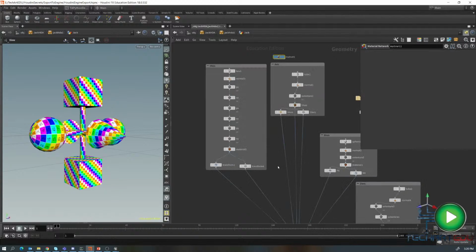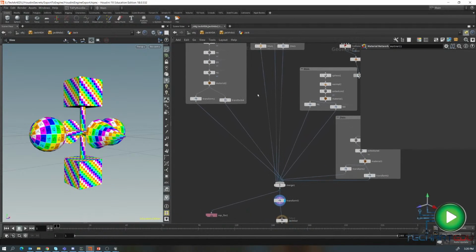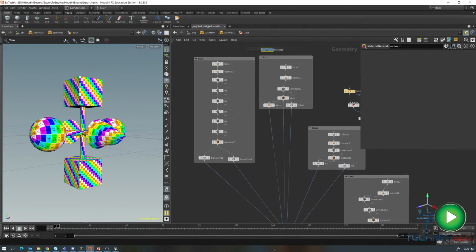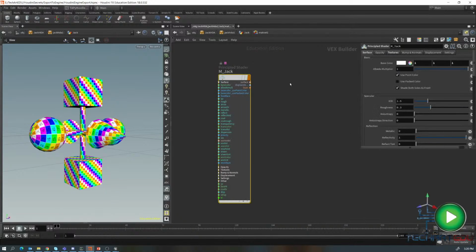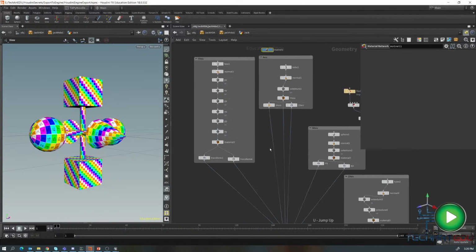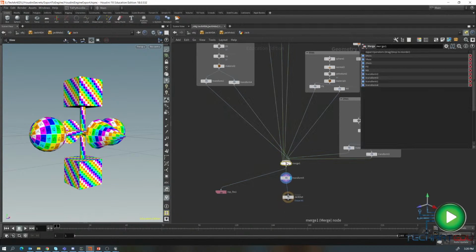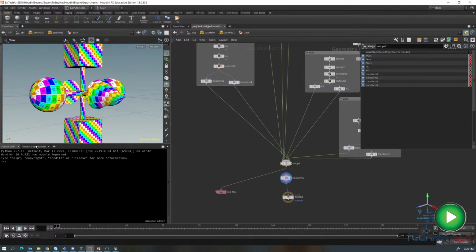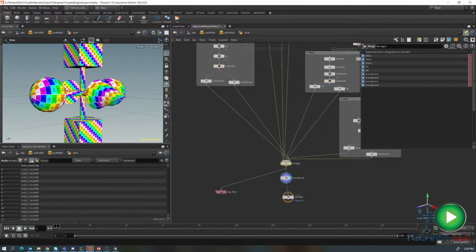Okay, so we've got our character, our object in here, and it's got a material on here that's the exact same name that is in there. Notice that when we look at our object and then at the geometry spreadsheet, the material is called M_Jack. It doesn't really matter what the prefix is, but what's important is this primitive attribute,